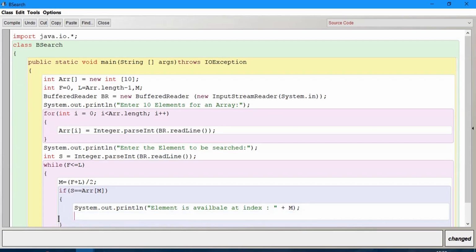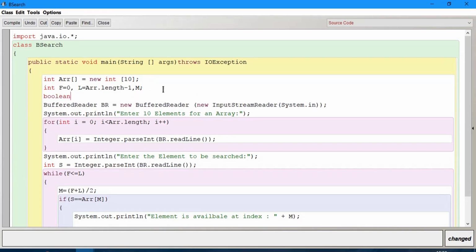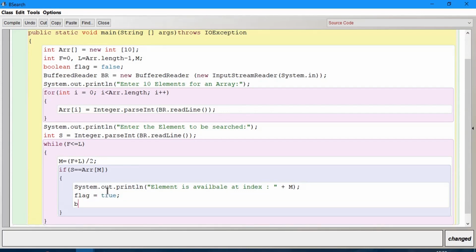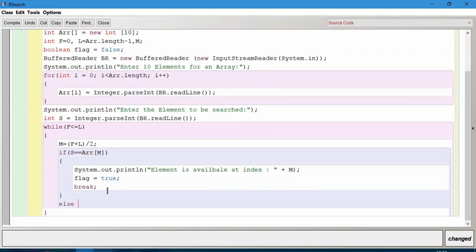And then we should have a boolean type variable, which we have not given, so we will give it here: boolean flag is equal to false as the default value. Now it will become true, flag is equal to true, and then we can break the loop. Else if